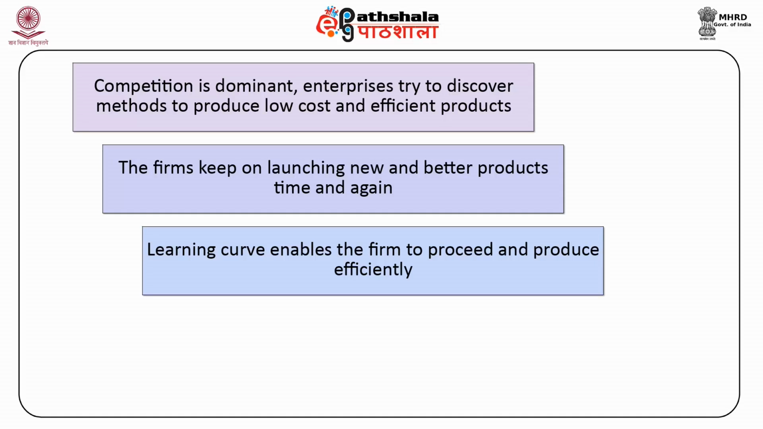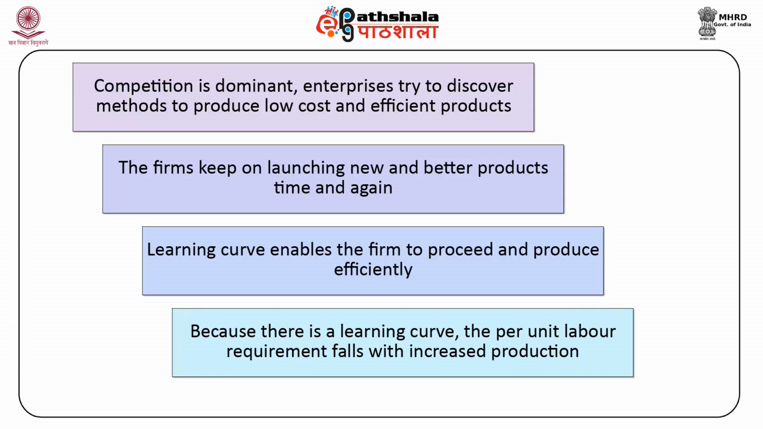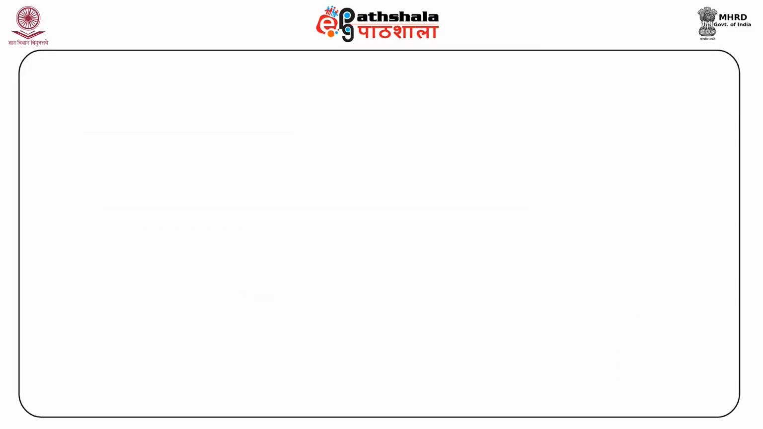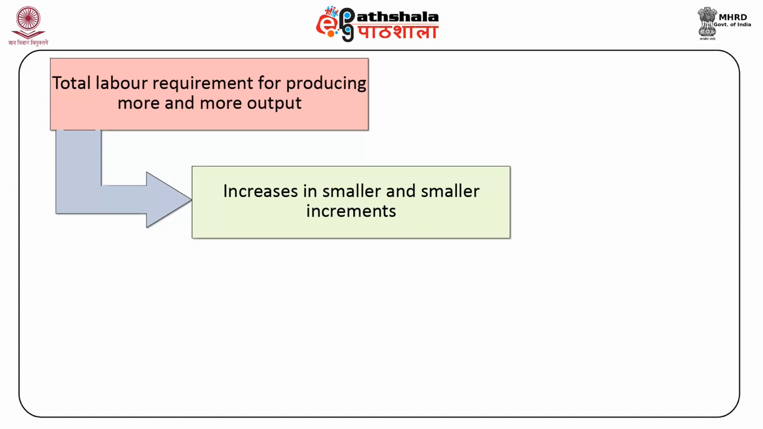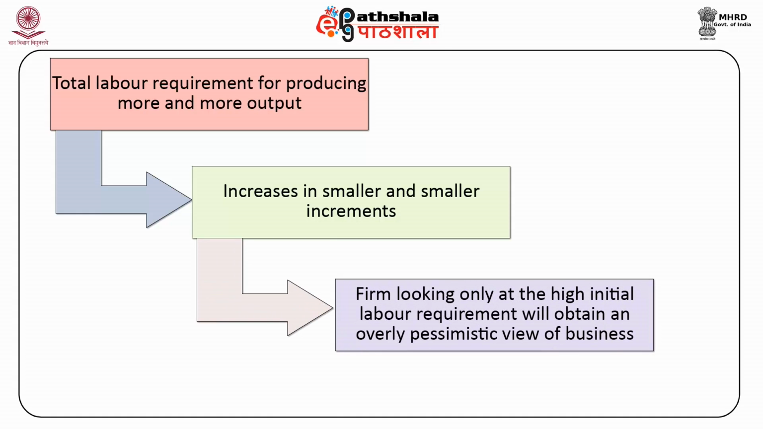According to Pindyck and Rubinfeld, because there is a learning curve, the per unit labor requirement falls with increased production. As a result, the total labor requirement for producing more and more output increases in smaller and smaller increments. Therefore, a firm looking only at the high initial labor requirement will obtain an overly pessimistic view of